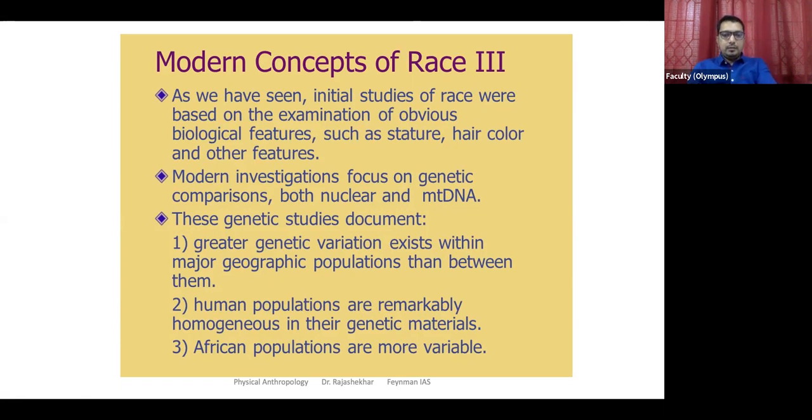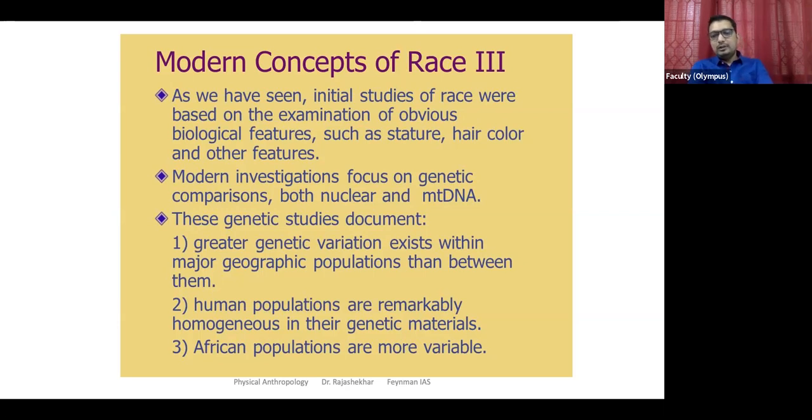And today, I think modern investigators are focusing on using genetic components, like DNA sequences or protein sequences, amino acid sequences. We are able to use them. They provide us the unchangeable means, although mutations do happen in them, because many of these factors do change. Facial features tend to change over a period of time as environment changes. But our DNA elements more or less tend to remain stable.